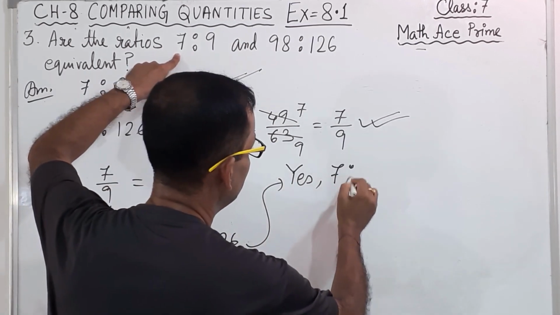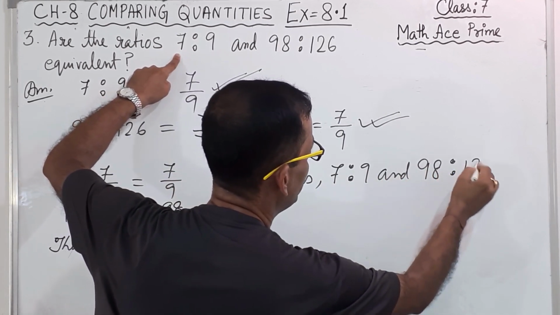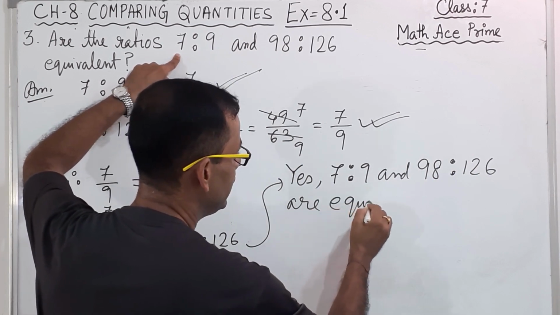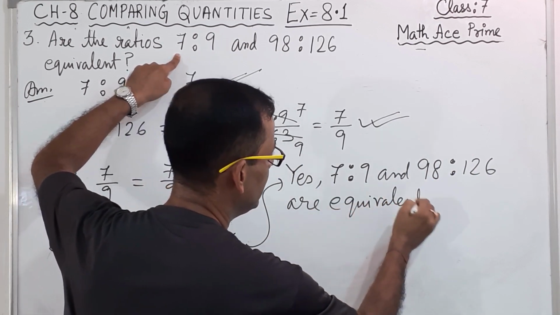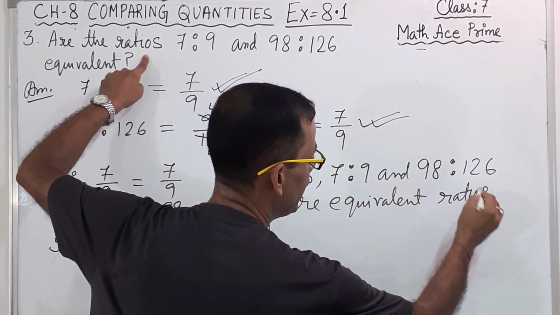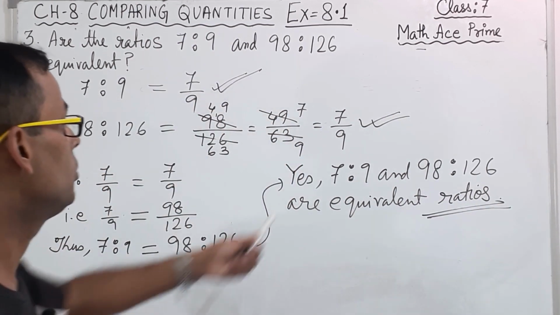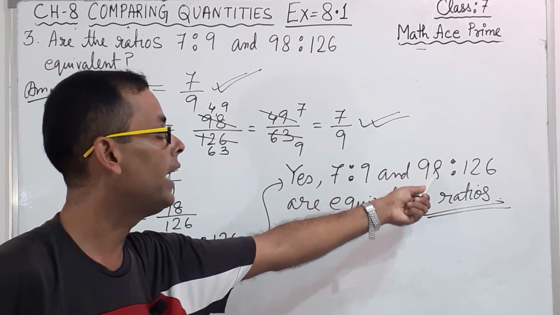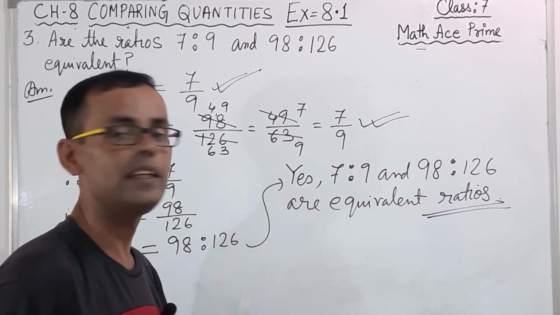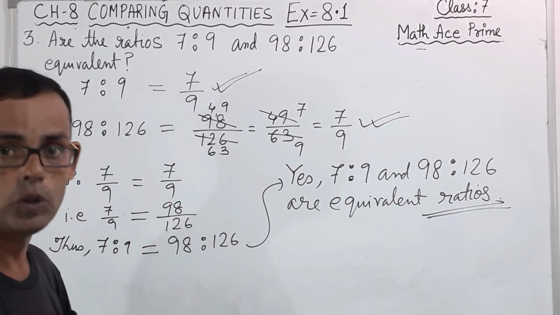7:9 and 98:126 are equivalent, okay, equivalent ratios। उन लोगों ने मांगा कि ये दो रेशियो इक्विवेलेंट हैं या नहीं, तो मैंने लिख दिया 7:9 and 98:126 आर इक्विवेलेंट रेशियोज, और उसके आगे यस बोल दिया। अगर ये नहीं होता तो लिखते नो, दे आर नॉट इक्विवेलेंट।